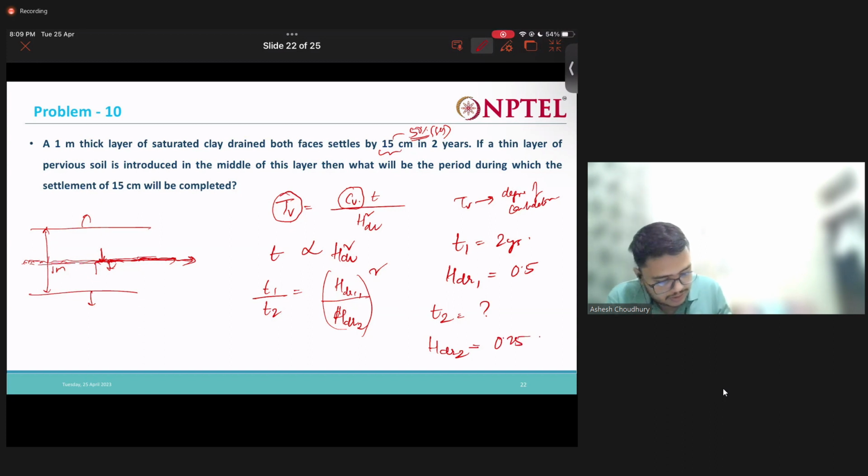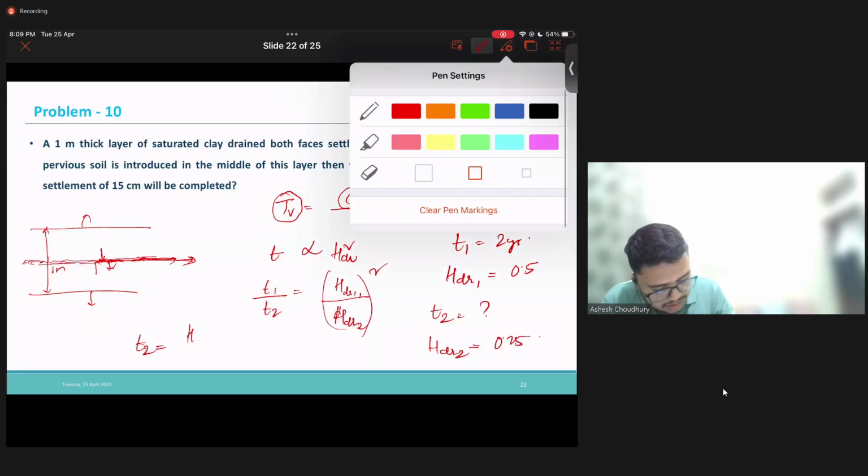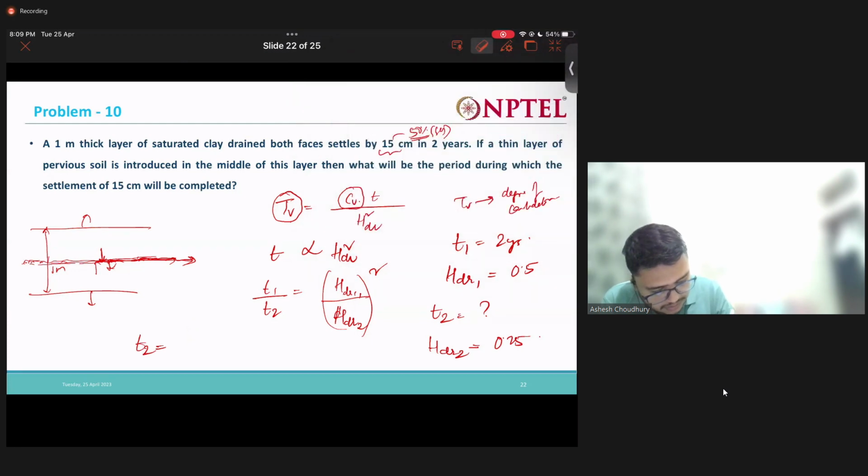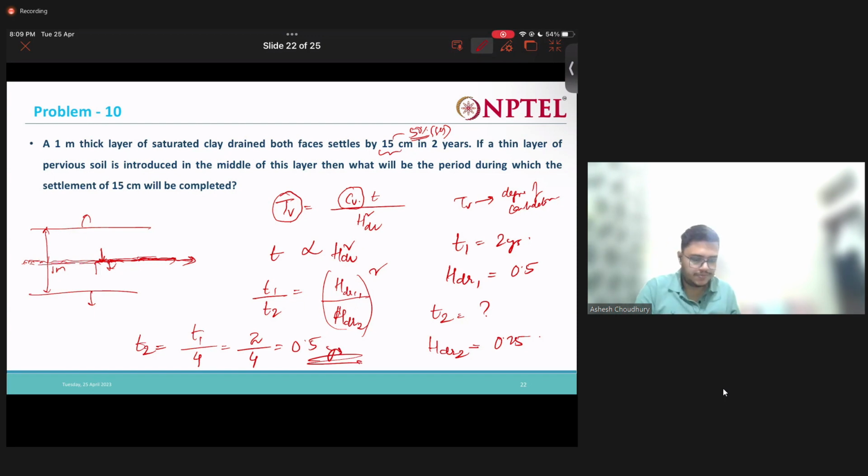Right. So what we are doing is that we need to find T2. So T2 will be nothing but T1 by 4. So 2 by 4 to 0.5 years,